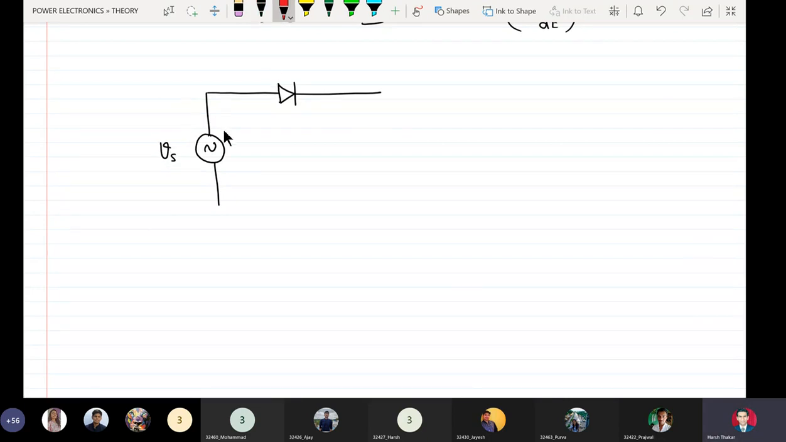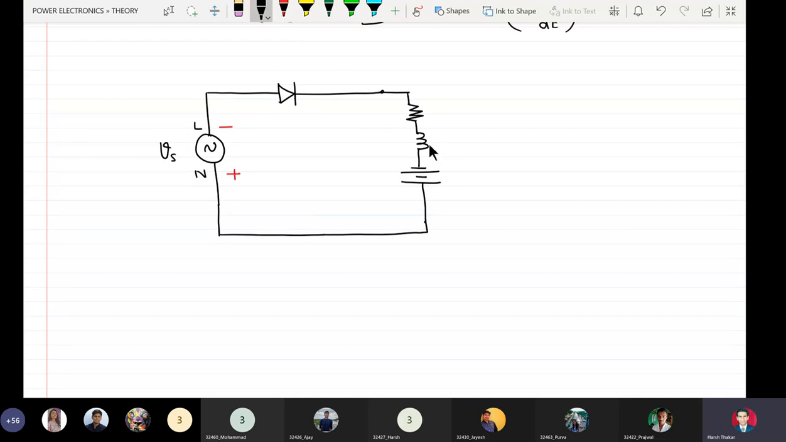Vs, minus, plus, line, neutral, R, inductor, and here comes our L di by dt. Complete the circuit. Okay, minus, plus, node X, node Y,